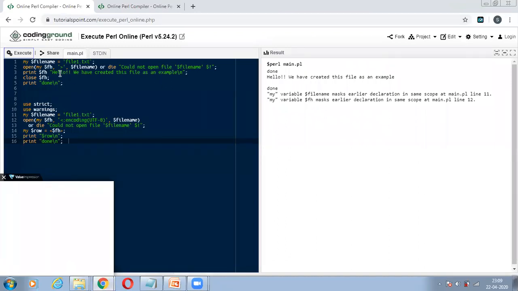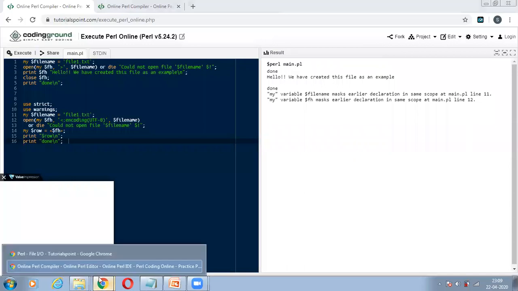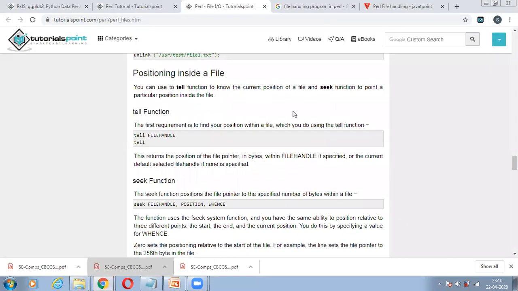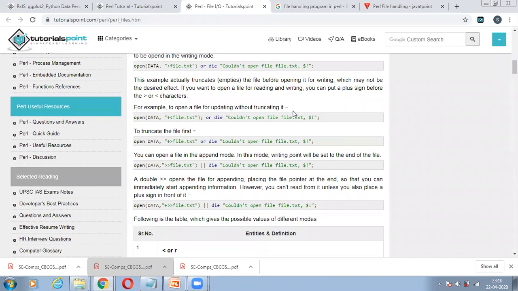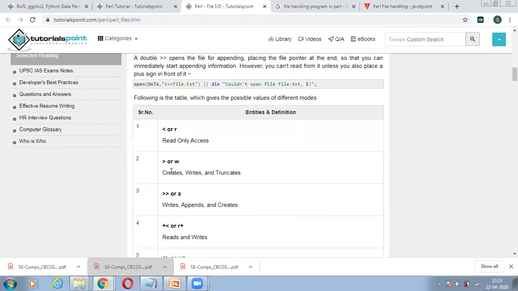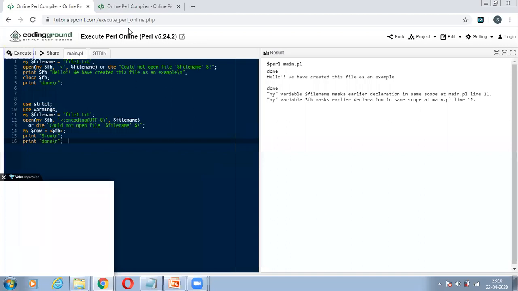Let's understand what is here. The file name I have given is file1.txt. I wish to check whether this file exists or not. If not, then create it. That's what my result was meant to say, with the greater than symbol. Let's check it here. Greater than: write, create, and truncate. So this is what we wish to check with the help of the greater than symbol.